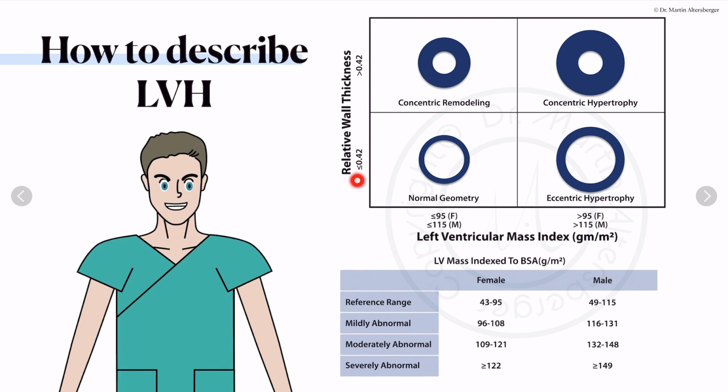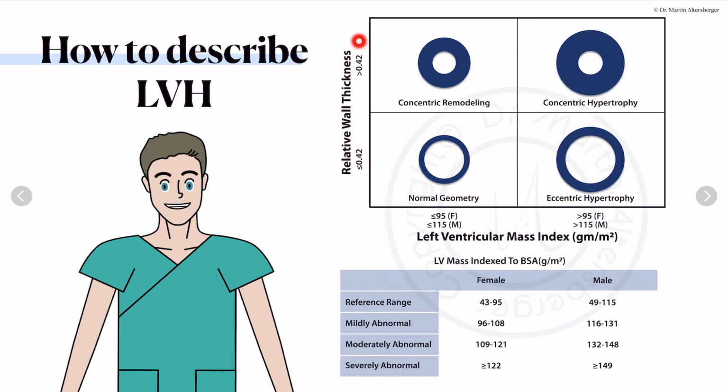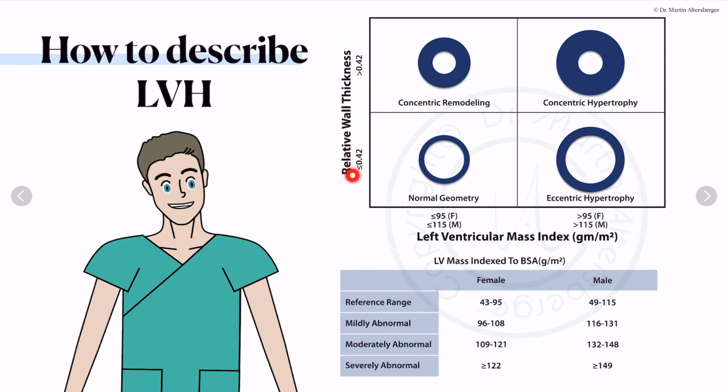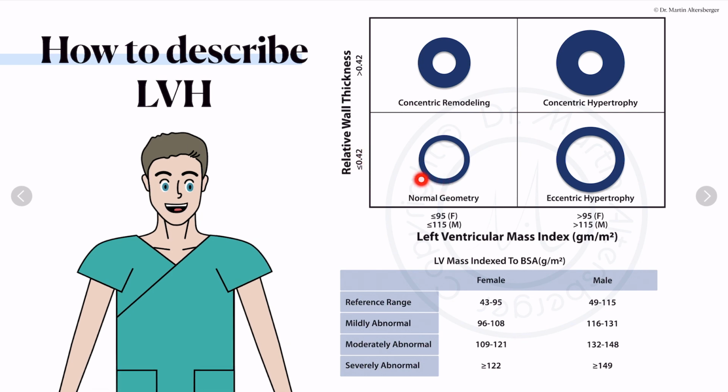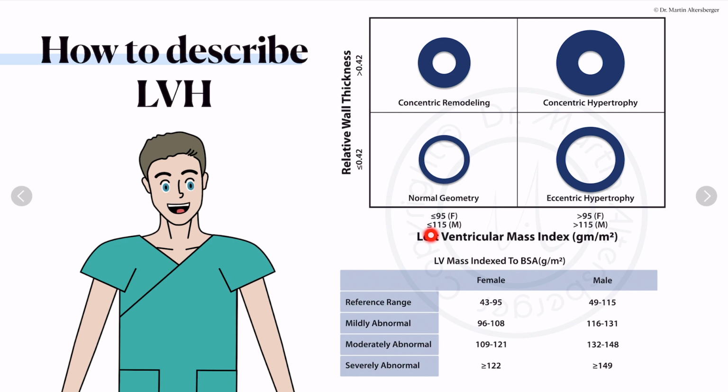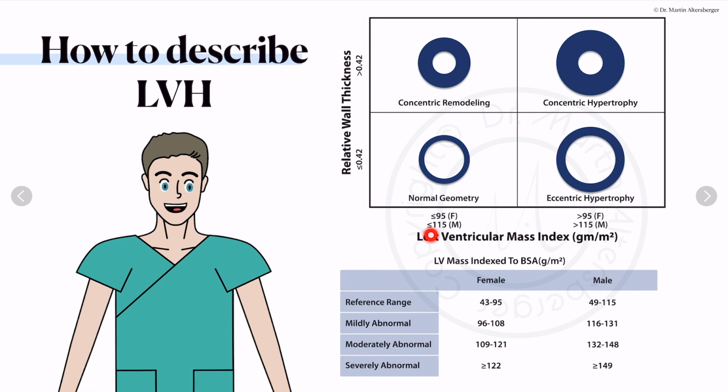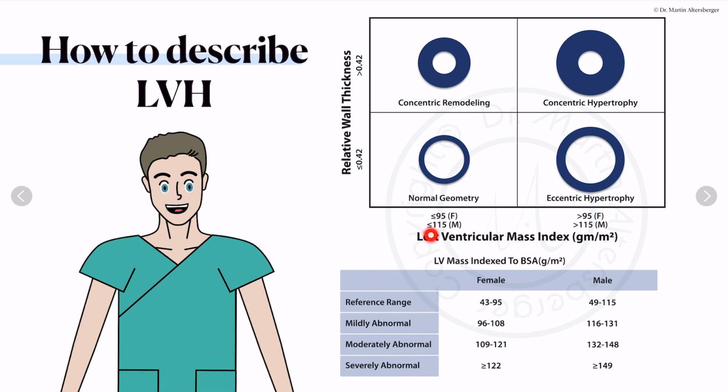But it's very important that you differentiate the relative wall thickness. So if it is below or equal to 0.42, we have overall a normal geometry of the left ventricle. For all those measurements and calculations, we simply need the left ventricular end-diastolic diameter. We need the thickness of the interventricular septum, and the thickness of the